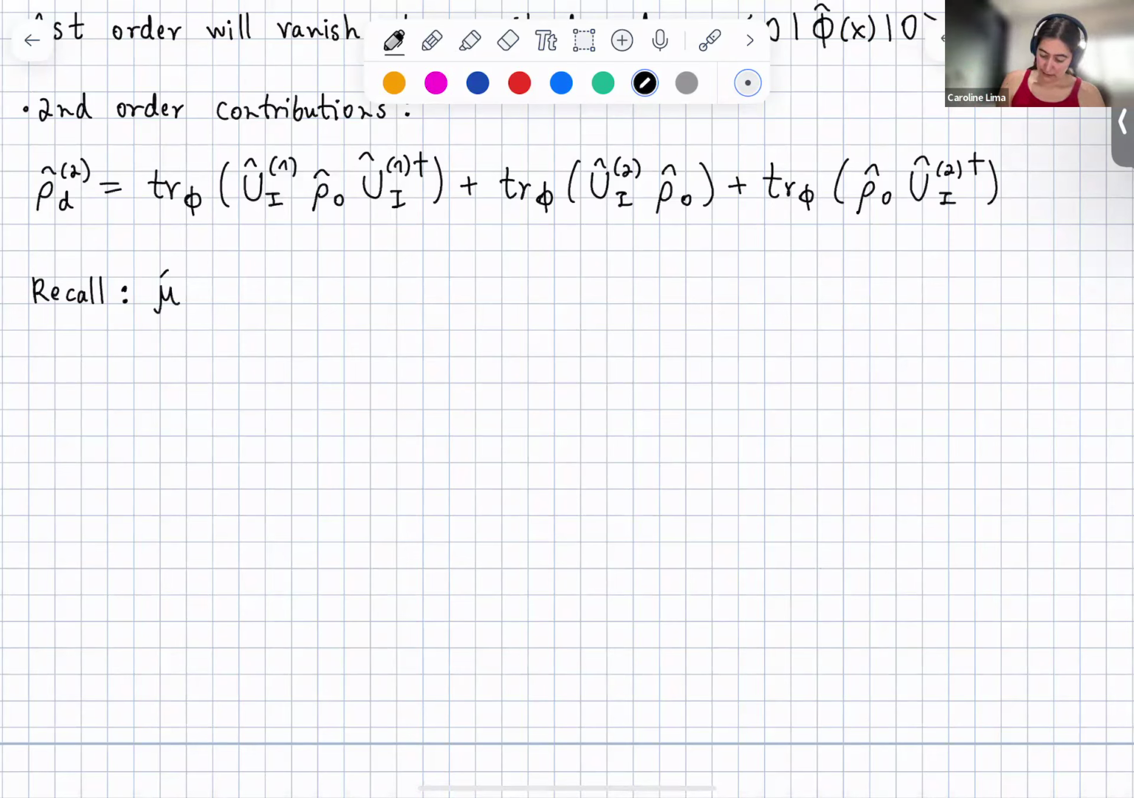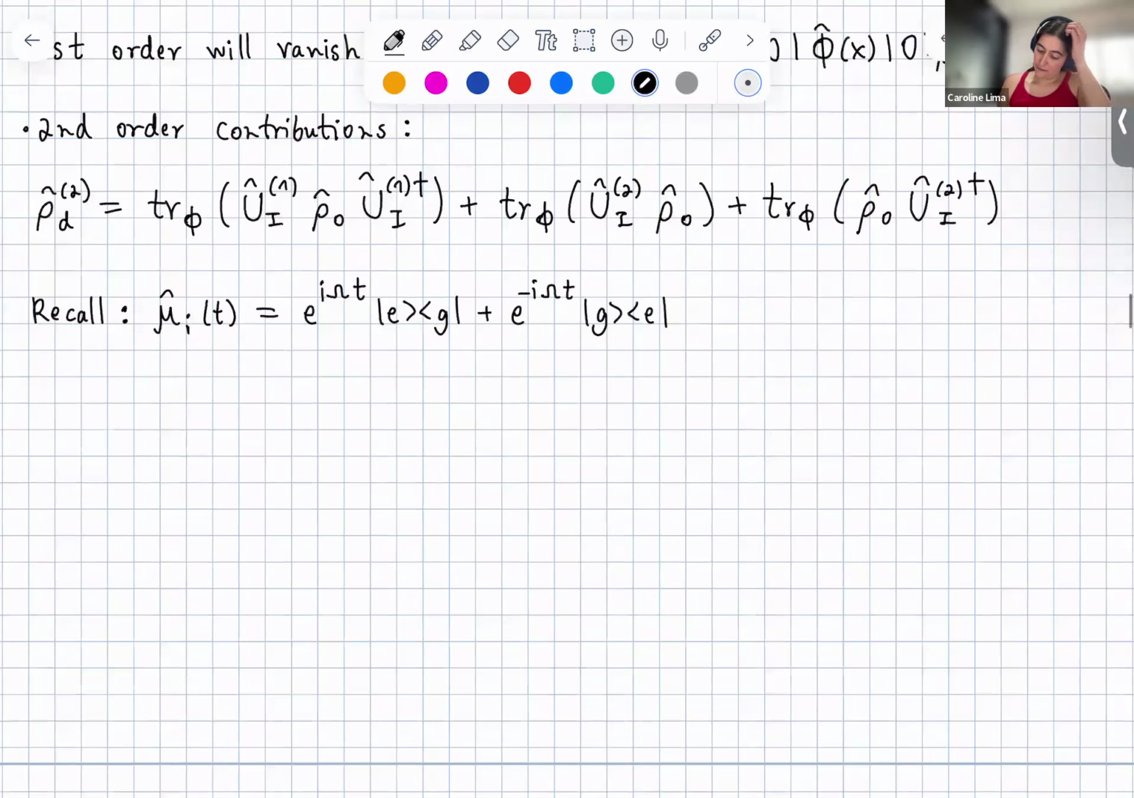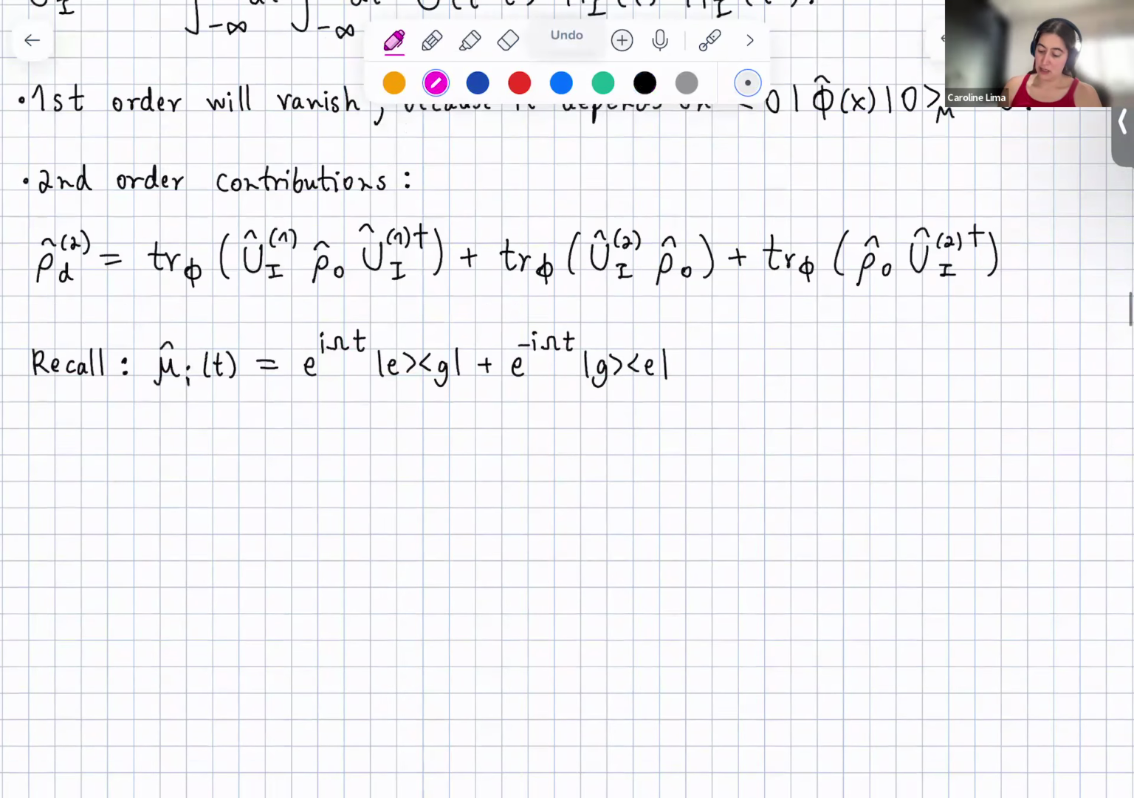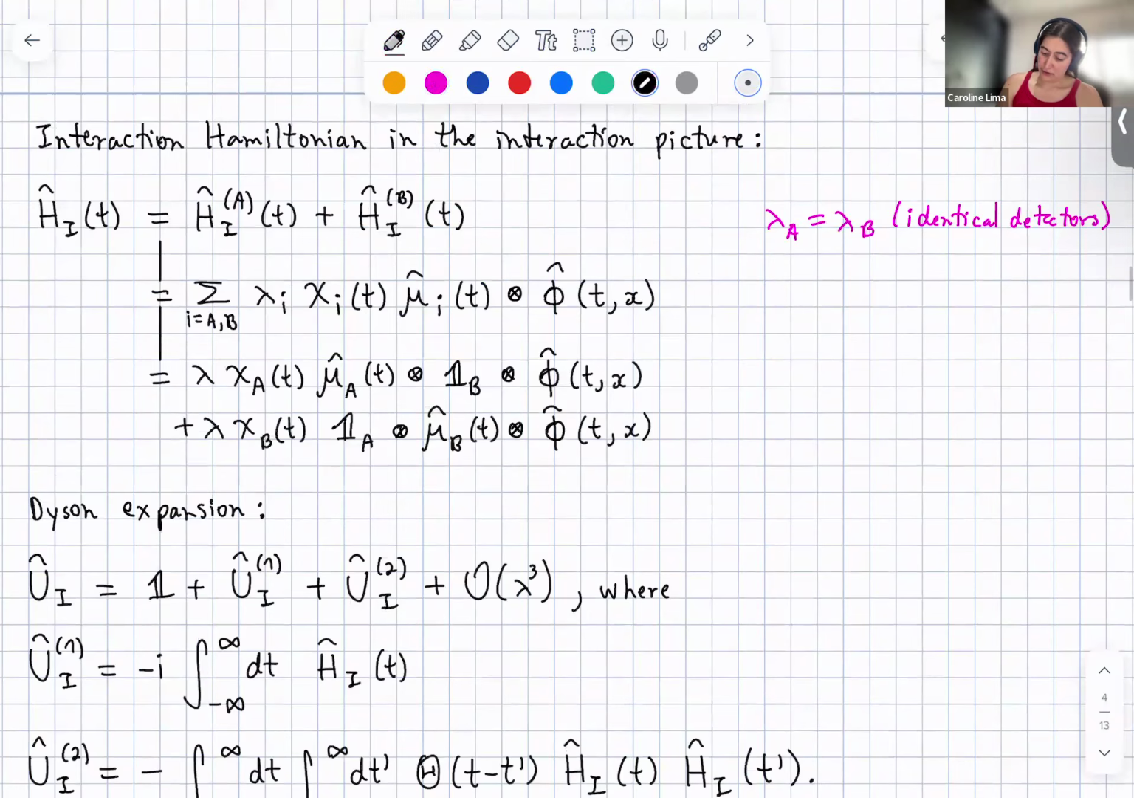So when we have some mu I of t, what was that again? This was given by e^{i omega t} |e><g| plus e^{-i omega t} |g><e|. Okay. And in principle, for each of these monopole moments, for detector A or detector B, I would have some gap here that depends on which detector you're using, right? However, when you're using identical detectors